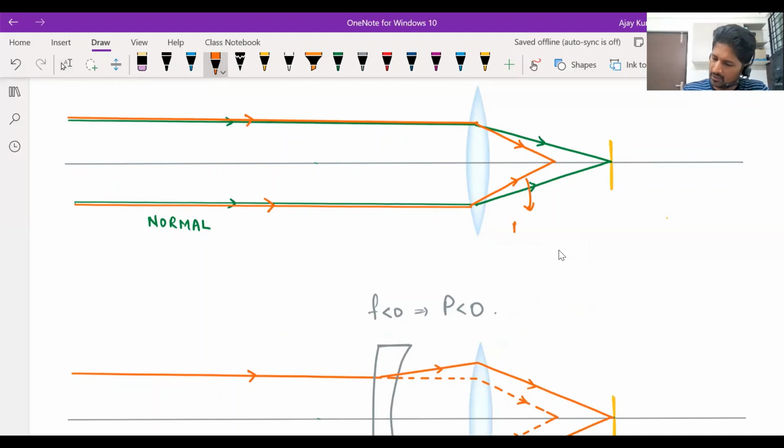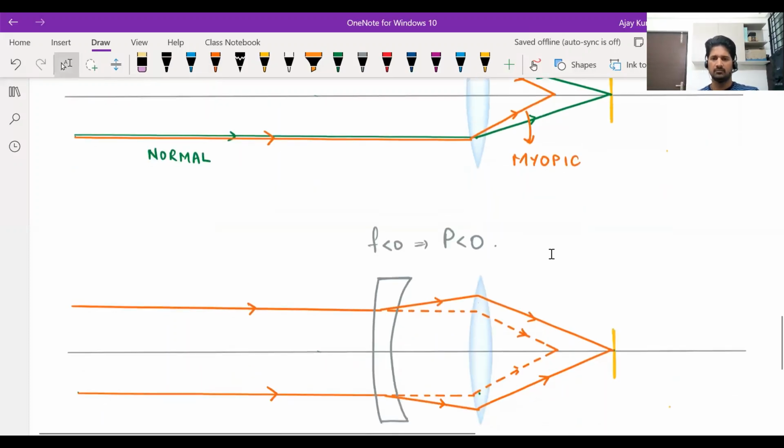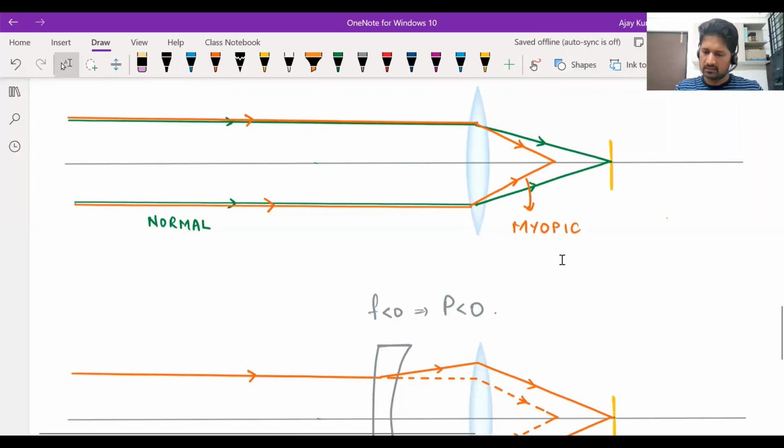The problem with the myopic eye is that it forms an image in front of the retina. For far away objects, it forms an image in front of the retina. It has too much converging power. Okay. So we have to decrease its power basically. So how to do? It has too much converging power, positive converging power. So we give it some negative power. So we add a lens in front with negative power, negative focal length, and that is what it does. Next,